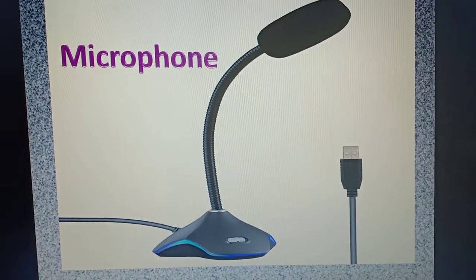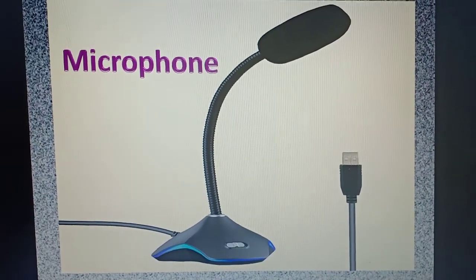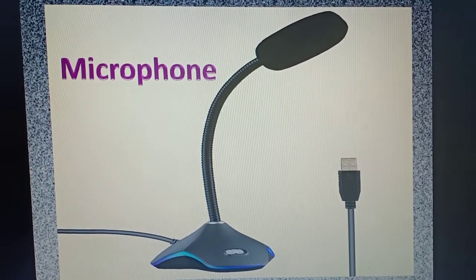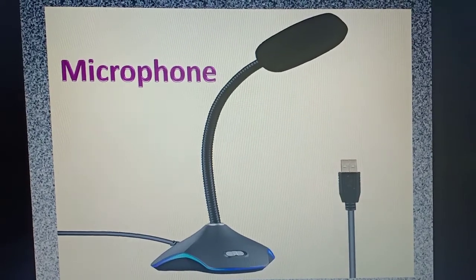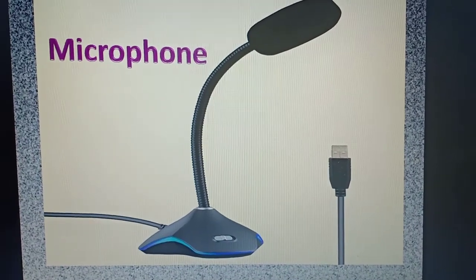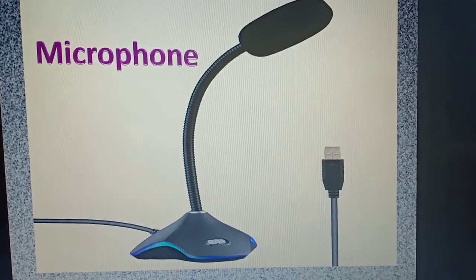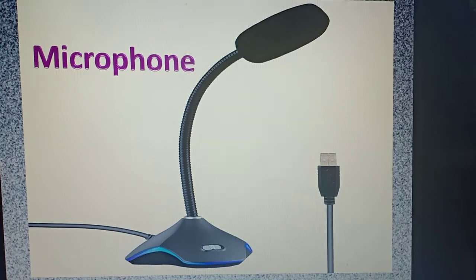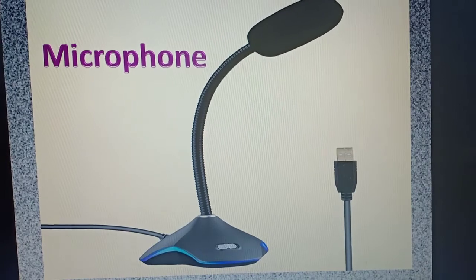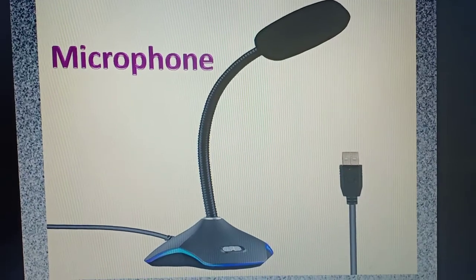The next input device is the microphone. This is called a microphone. This is used to record different sounds in the computer. It can record voice, music and sound which can be stored inside the computer. We are using this mic to record our voice or any music or sound to store inside the computer. So this is also used to enter sound input inside the computer.